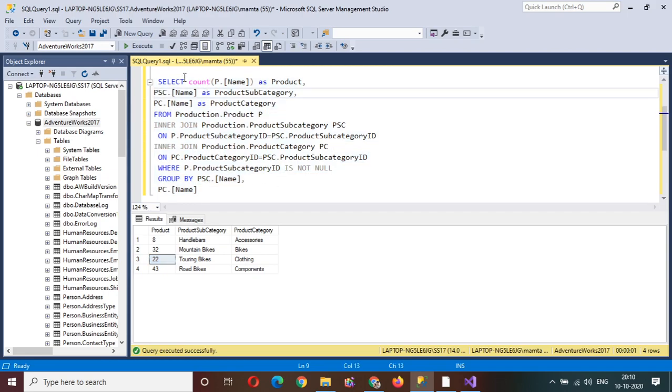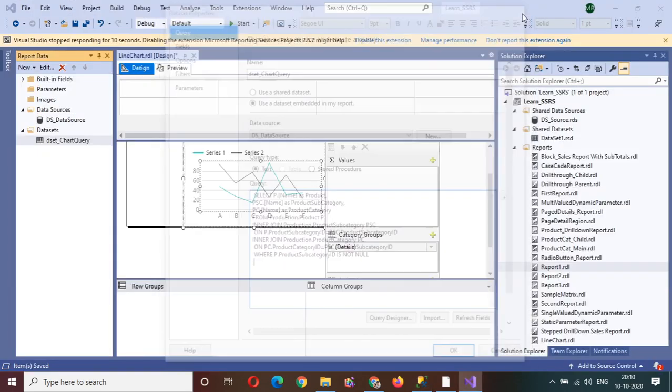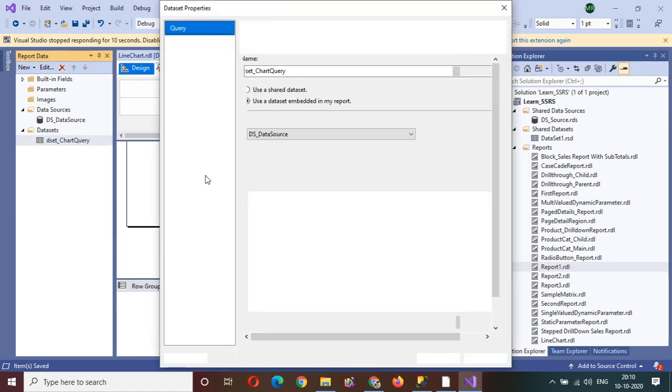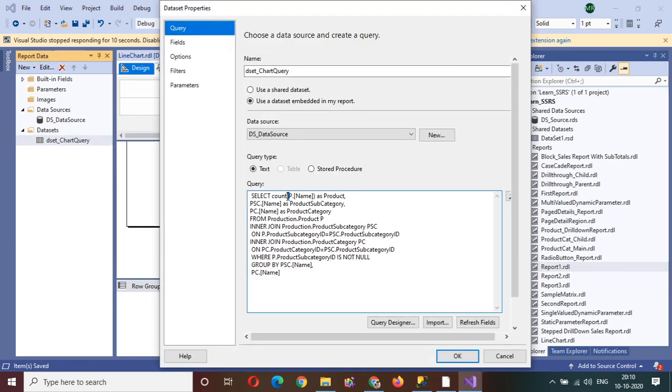But in SSRS you do not need to add this count, because when you create the chart here, the sum function is already applied. So you need to modify your query here. Instead of count, remove this count, and remove this group by column as well, and save it.